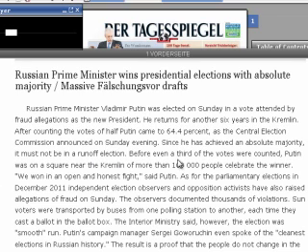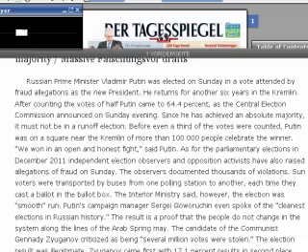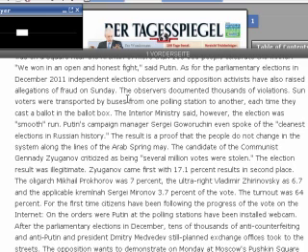Before even a third of the votes were counted, Putin had more than 100,000 people on a square near the Kremlin celebrate him as the winner. "We won in an open and honest fight," said Putin. As with the parliamentary elections in December 2011, independent election observers and opposition activists also raised allegations of fraud on Sunday. The observers documented thousands of violations. Some voters were transported by buses from one polling station to another, each time casting a ballot in the ballot box. The interior